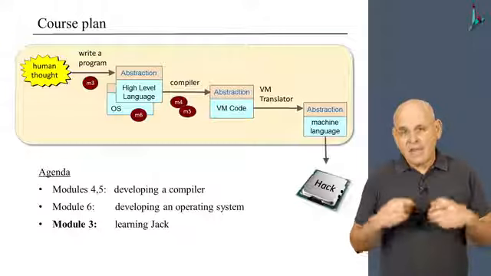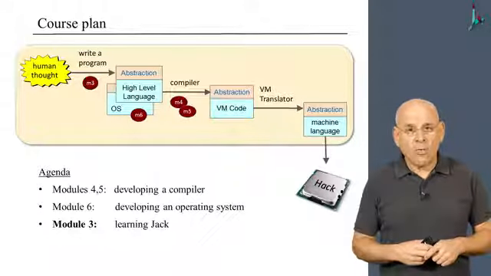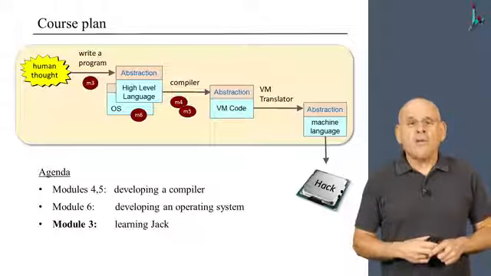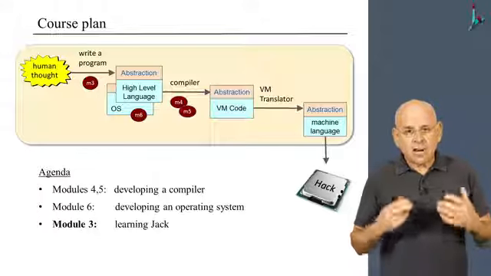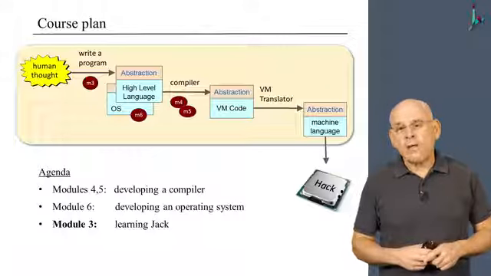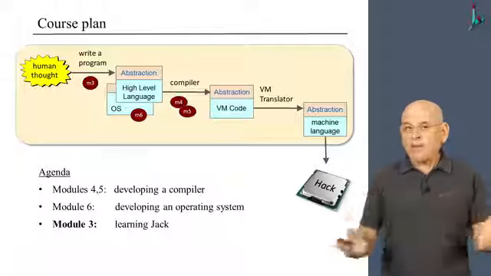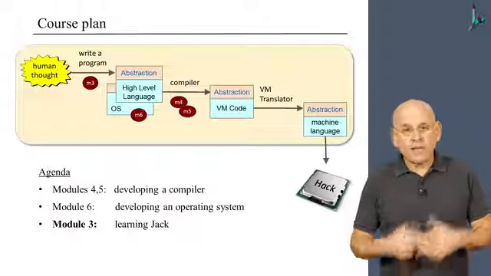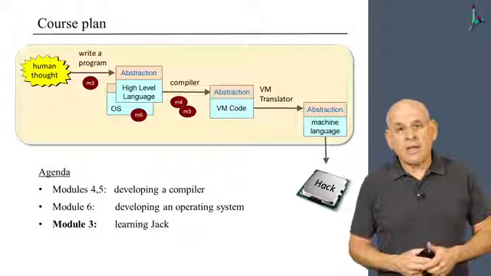And we see that in the next two modules, in module 4 and 5, we're going to build the Jack compiler. And in the following module, we're going to build an operating system from the Jack framework. And therefore, it makes a lot of sense to begin by learning Jack, because Jack is going to play a dominant role in everything that we do from now on. We're going to write a Jack compiler, and also the operating system that accompanies Jack is going to be written in Jack itself. You know, just like the operating system which accompanies C, Unix, is written in the C programming